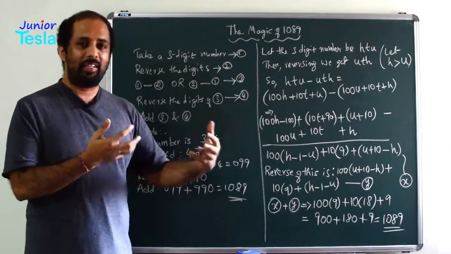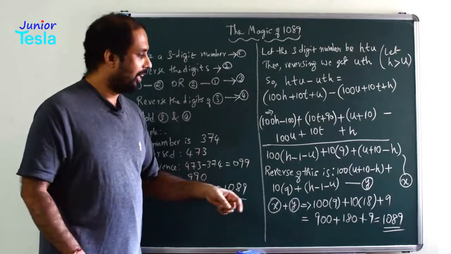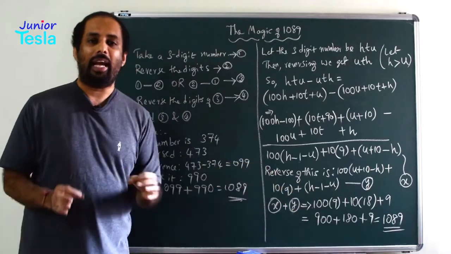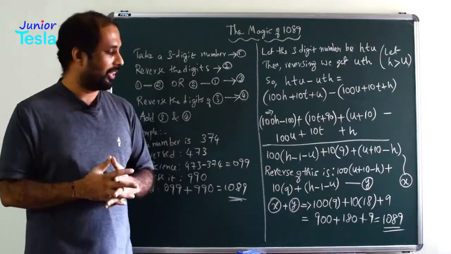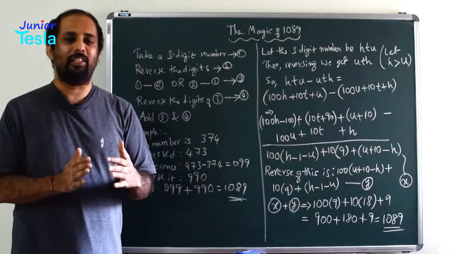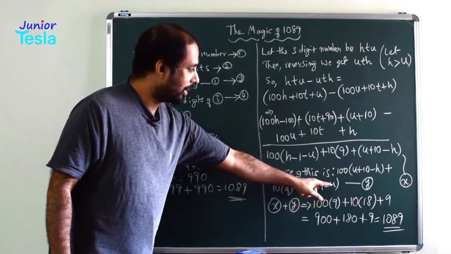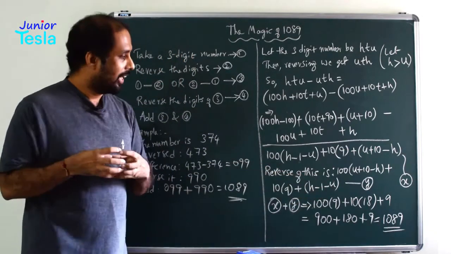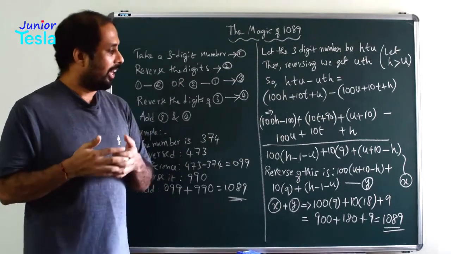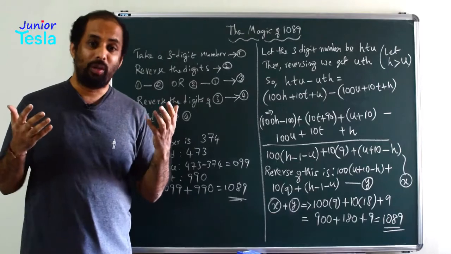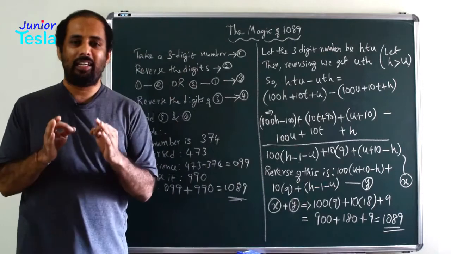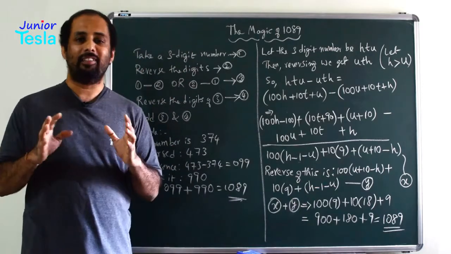Then let us take the second terms and add them. Okay, so 10 times 9 is added with the 10 times 9, which is equal to 10 times 18. That is the second term of the final number. Then the last term here, u plus 10 minus h, is added with h minus 1 minus u. Again minus h plus h got cancelled, plus u minus u got cancelled, and what is remaining is 10 minus 1, which is equal to 9. And that is why 100 times 9 plus 10 times 18 plus 9 is the final number.